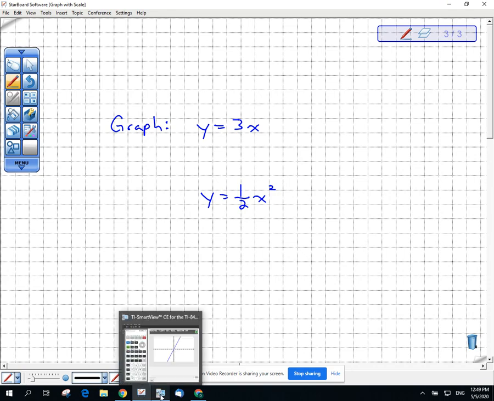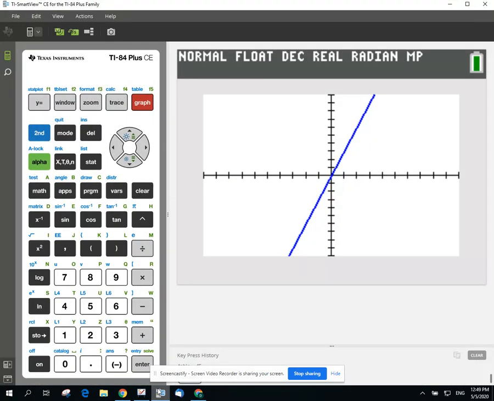I wanted to show it to you on my graphing calculator. This is what it would look like, right? The slope is 3. So as we go up 3, you go right 1. There's a point right there that is (1, 3). There'd be a point at (2, 6), a point at (3, 9). And there's a few points plotted that we could draw this line had I given you some graph paper,